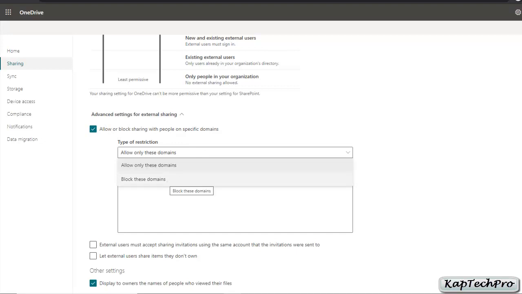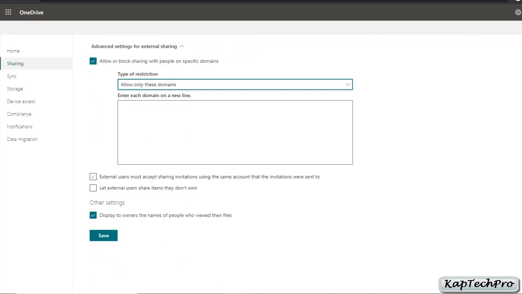And if you select block these domains, and if you select only 2 domains, only those domains will get blocked, rest of the domains will get allowed for sharing. Now the next radio button is if you want external users to accept the sharing invitation using the same account that the invitation was sent to. So you can select this. At the last we have let external users share items they don't own.